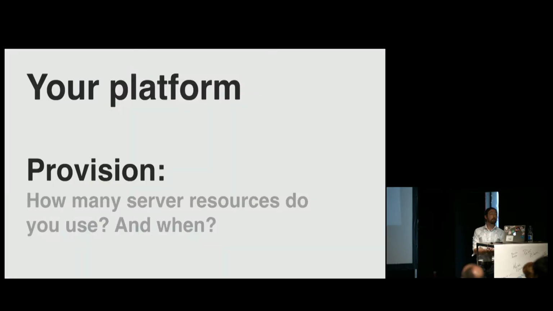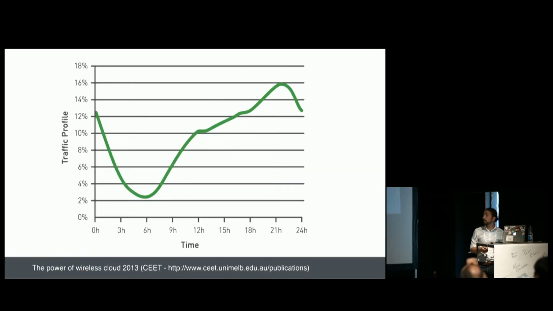The other thing, once you've spoken about how you source power, is how you actually use these resources, how you provision them. I think one way of thinking about this is to look at this graph here. This is the graph from the CET report, which is the Commission for Energy Efficient Technology. I can't remember exactly what it is, but I'll refer to it in a second.